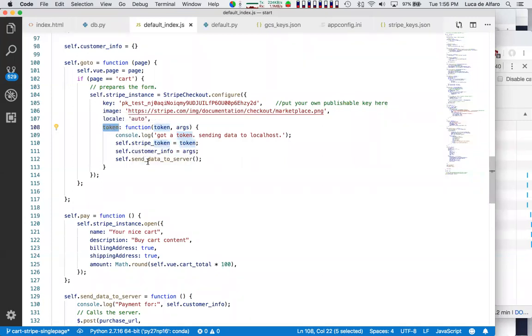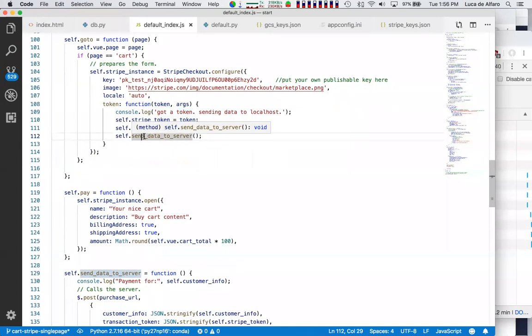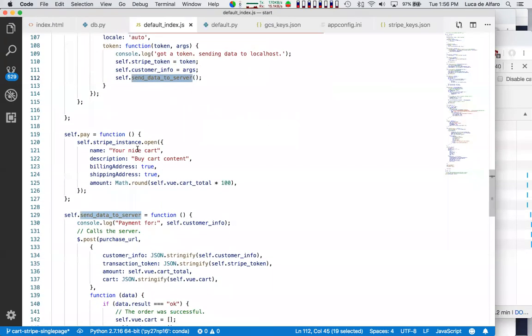But this is essentially called in order to send the data to server, and it's given a token and some arguments. Okay, and it can call your function to call the data to the server. So this is a configuration that you do at the beginning. Essentially, you have to tell Stripe the key, an image, and then a function to which it will pass a token, and it's your duty then to send the data to the server. Okay, so when you send the data to the server,